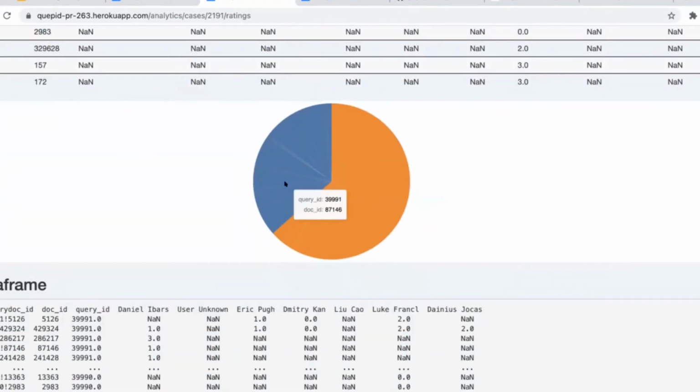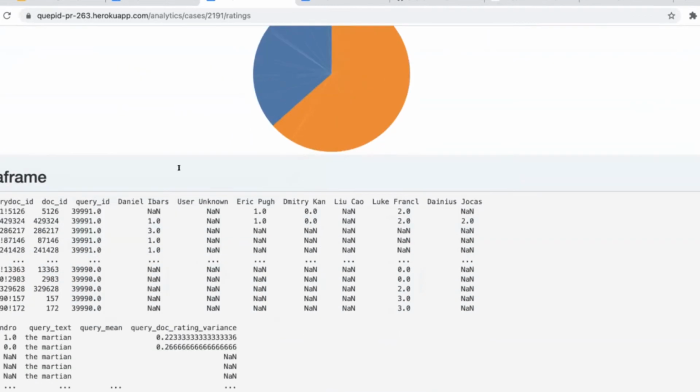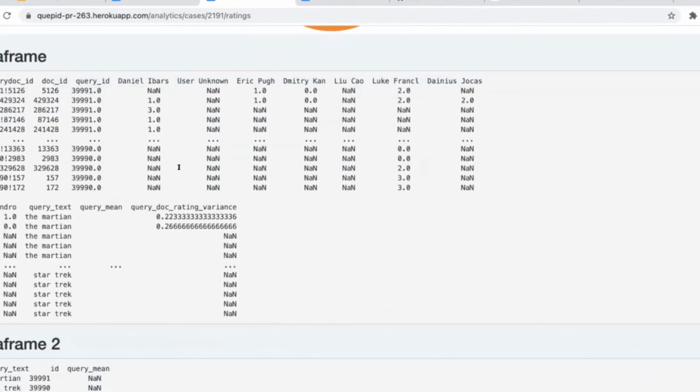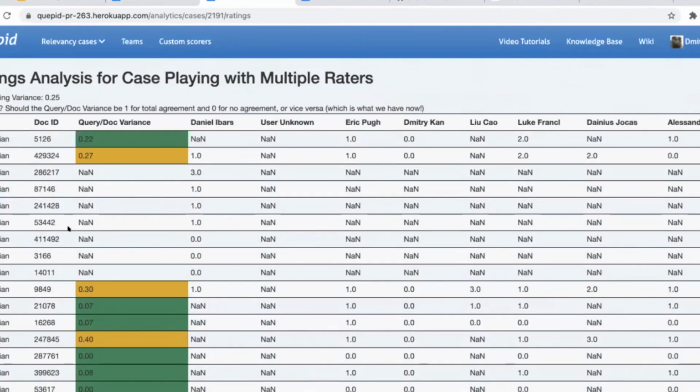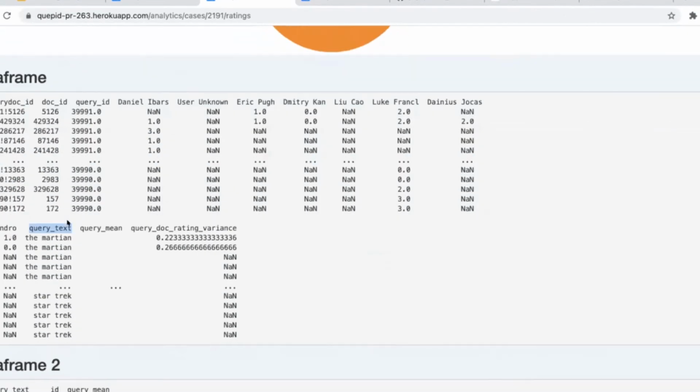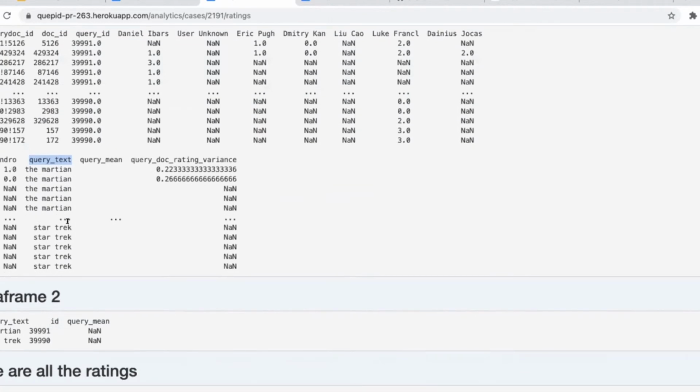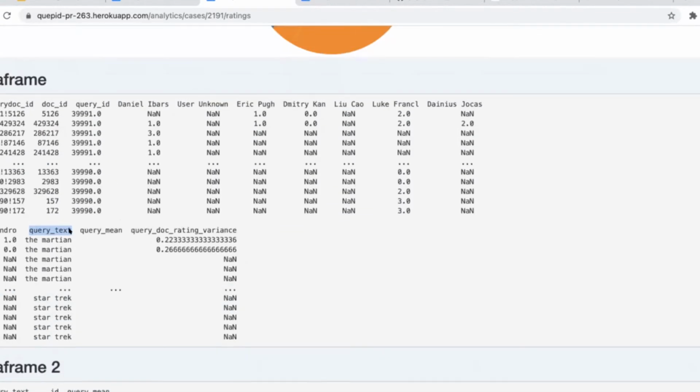And then what else is interesting in this if you scroll down? Yeah, we have this pie chart. Well, I think it doesn't do anything. It just shows you the split, doesn't do anything yet, and then the data frame. So yeah, here you can see the variance levels, query doc. Oh, we do have a variance column, query text. So it might be way over on the right. Oh, no, query text, but not doc ID. Not the doc title, sort of. Yeah, we should have done that. So configured. Yeah, and then